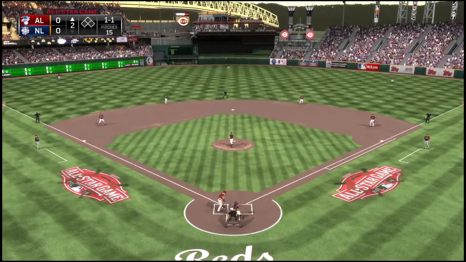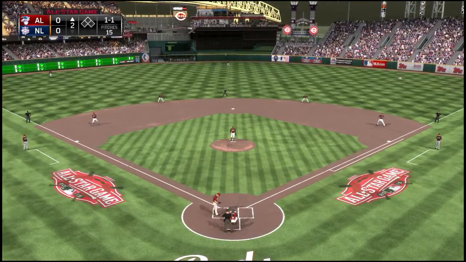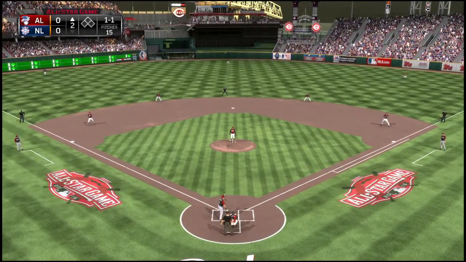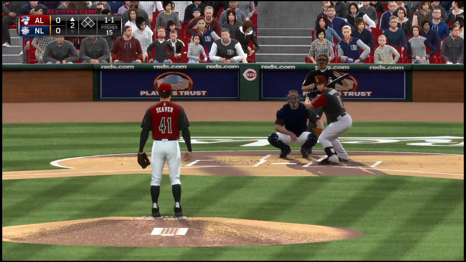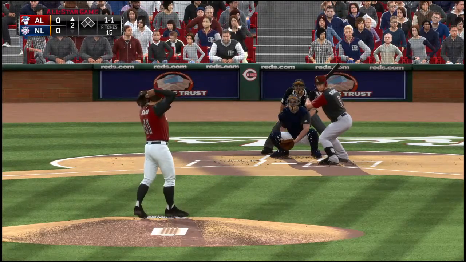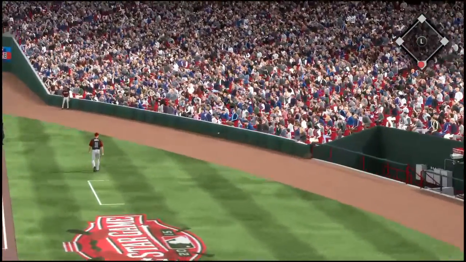Swung on and missed. 1-1. The 1-1. Grounded foul off to the right.